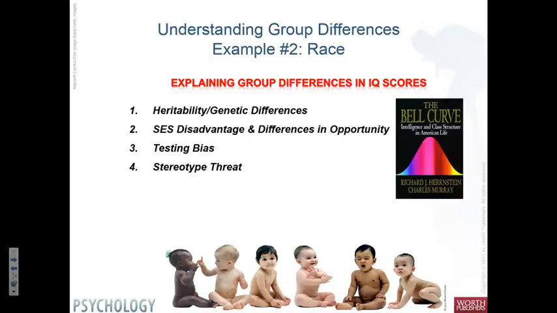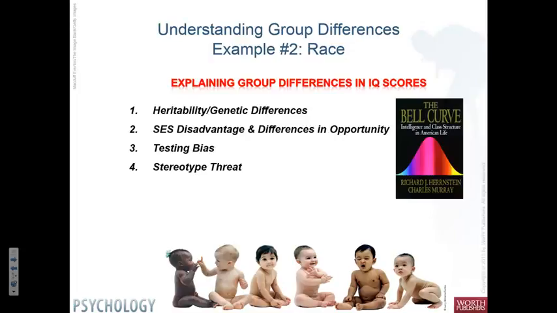And there are 4 different ideas that we could explore here, and I'll just address the first 2, and your teacher in class may address the 3rd and the 4th one here. Historically, it was thought that these differences must be genetic, that racial differences are the result of heredity. And, of course, intelligence is highly heritable. We know this. This book that you see here, The Bell Curve, popularized this a bit. It was controversial. This is a very controversial book. The book implied the message that disadvantaged groups and minority groups cannot avoid their fate because it's their genetic destiny.